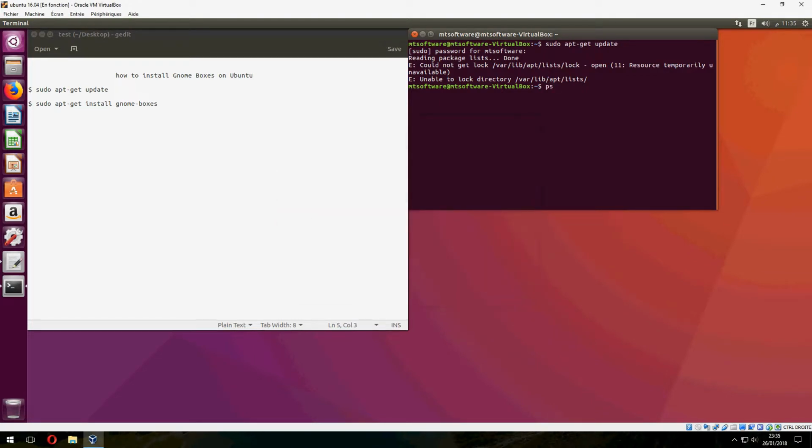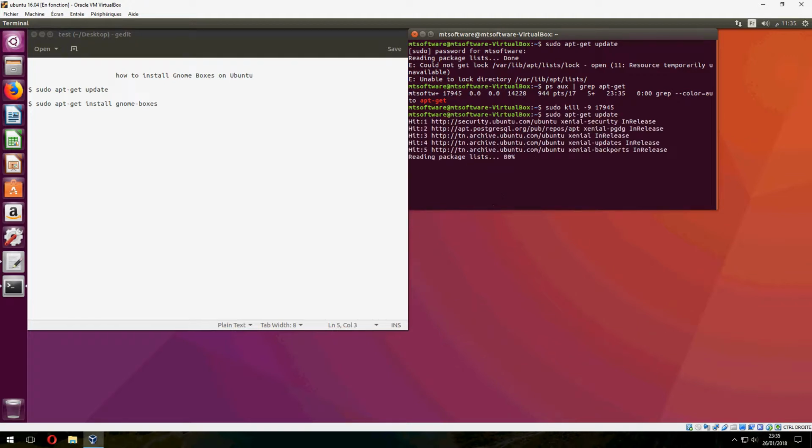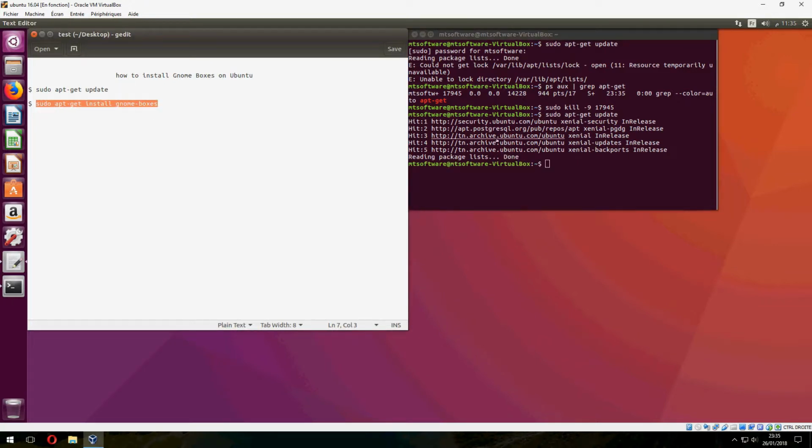So paste ps and grep apt-get, and let's kill this, and this is the PID of the process. Okay, let's continue. So if you don't have this problem, don't follow me,